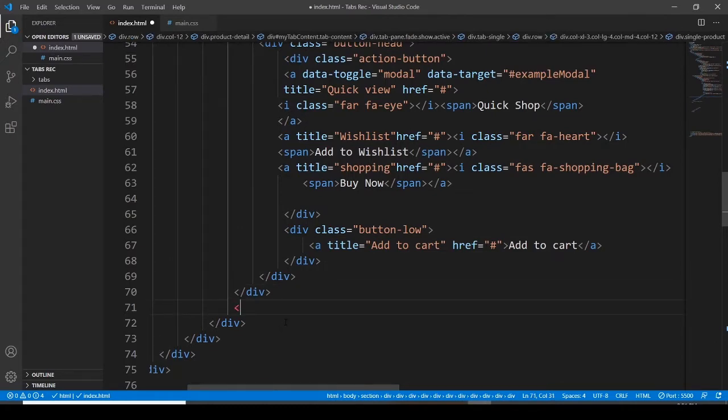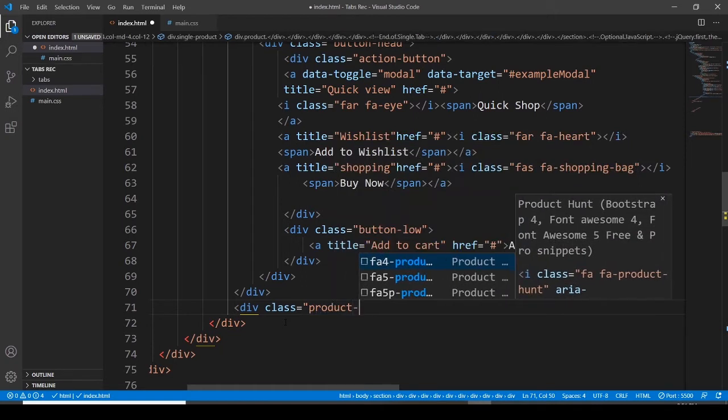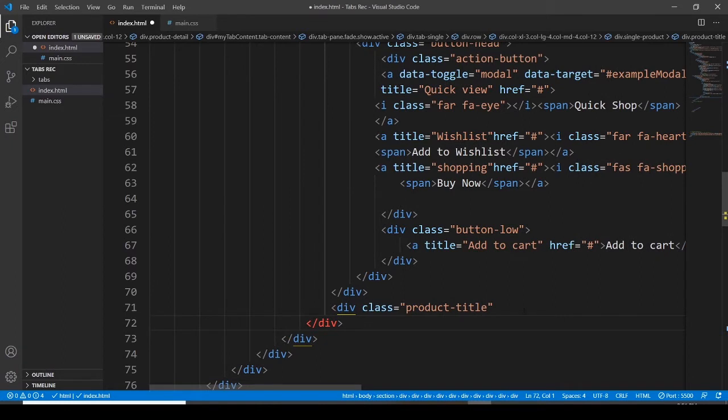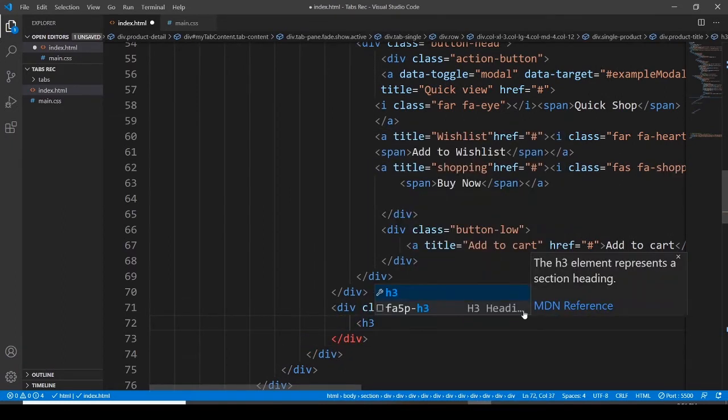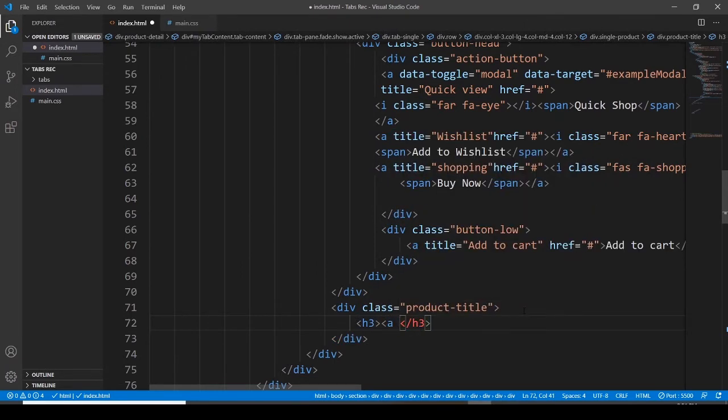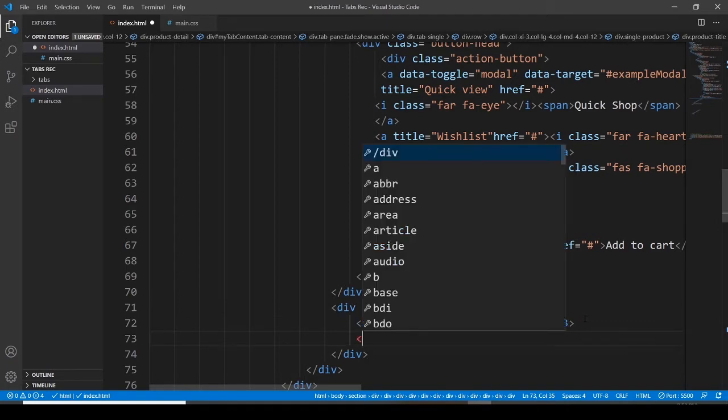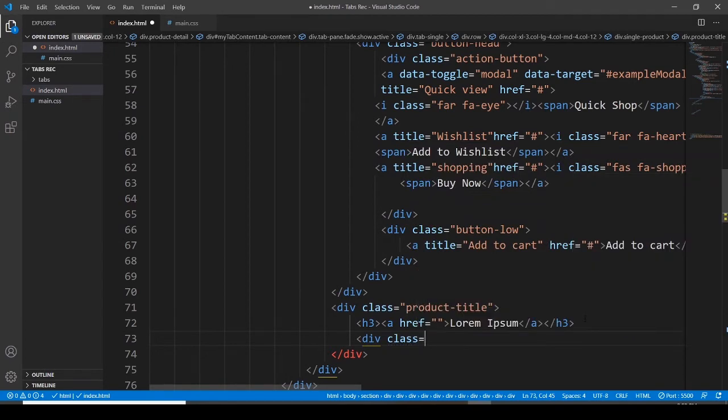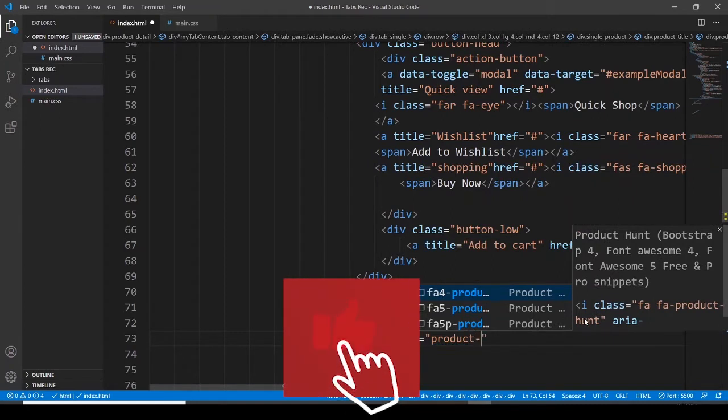Okay, and then after, let's have a division, assigning it a class, and this time it is going to be product title, heading 3, and an anchor tag. This would be href, and then I want to go with some lorem ipsum, the title of the product. After this, we'll break the line, write another division, assigning it a class. This class is going to be product price,